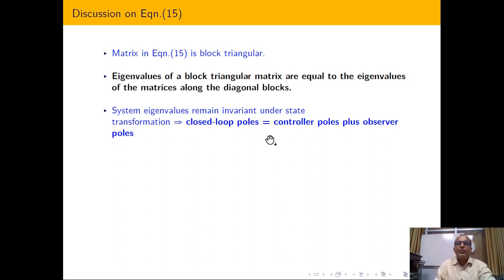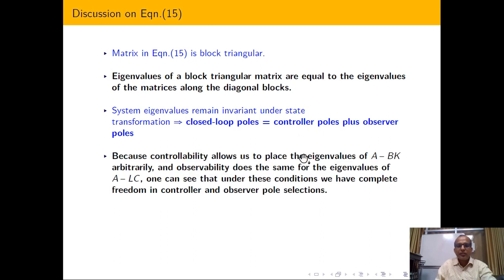Similarly, eigenvalue is not going to be affected by any kind of transformation. It means that if the original system is stable, even if you do some kind of non-singular transformation, the property of the system remains the same, and due to that reason we have retained this result. So now, because controllability allows us to place the eigenvalues of A minus BK arbitrarily,